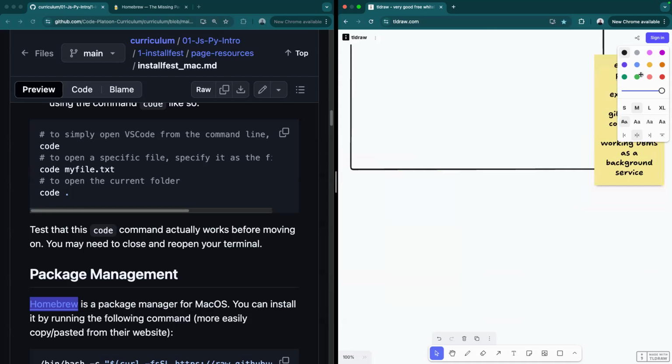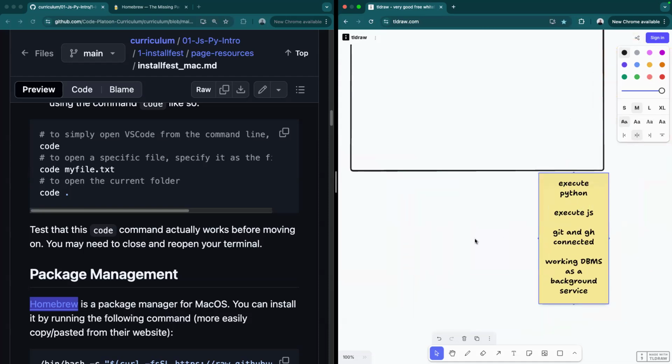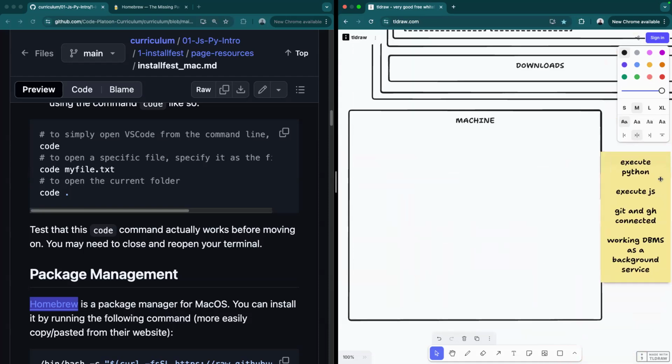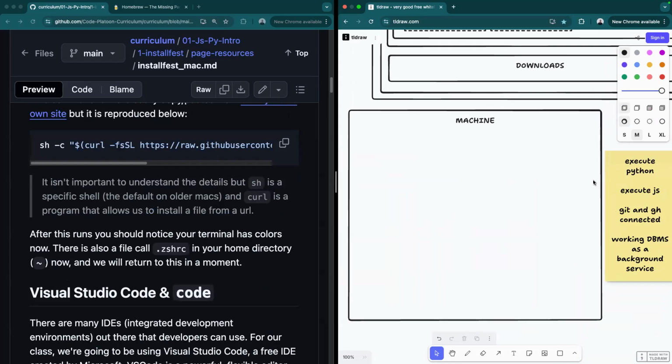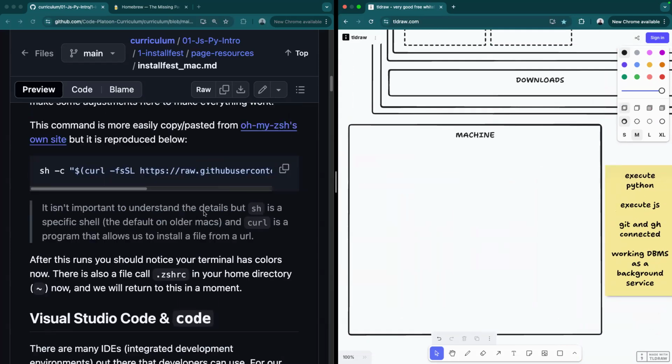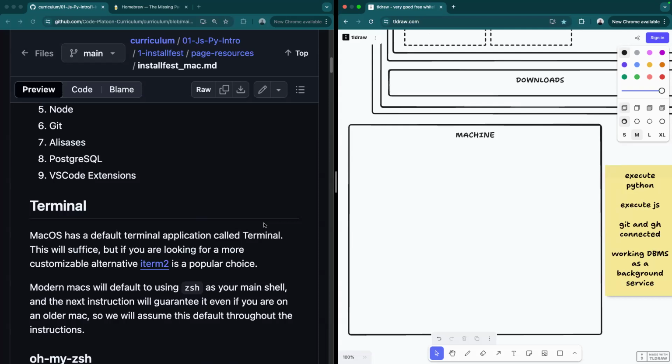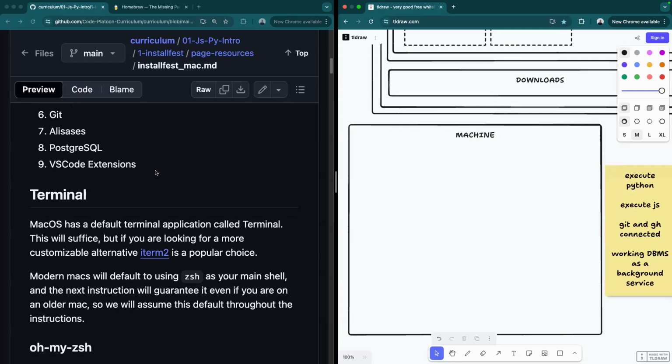All right, so here's our checklist of the things that we want to achieve. So I'll put that there. All right. So how do we go about doing any of this? Well, one, I need to be able to have something that can actually manage those dependencies. Now, in order to manage these dependencies, I don't necessarily just want to pour them straight into my machine without having something that can manage these installations and make sure that I have the newest version of everything. So that's where Brew comes in. We install Brew into our machine,